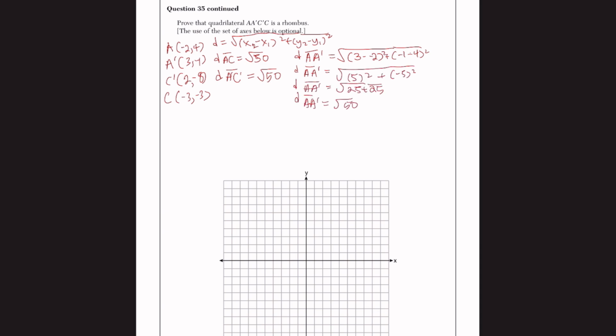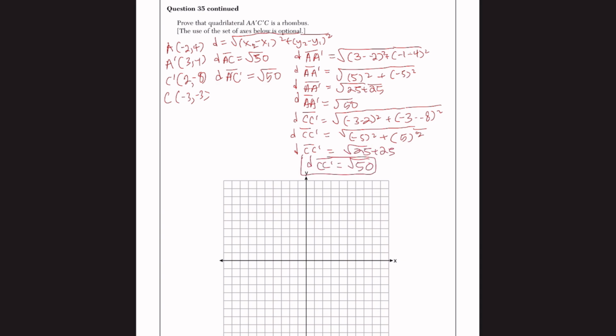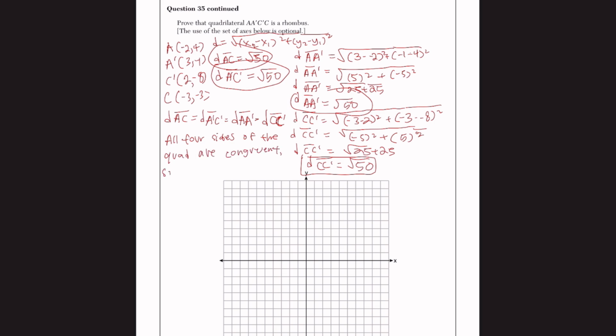Okay, so we get radical 50 for the distance of AA prime, and now I have to do CC prime. Okay, so you should get radical 50 for that as well. And since we've proven all sides to be congruent to each other, we can say that all 4 sides, so therefore